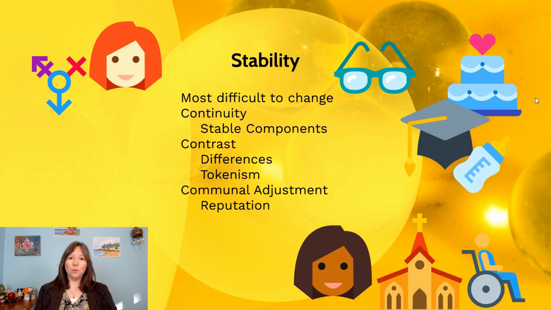Well, we usually need to do what's known as a communal adjustment. This is the idea that we need to do a public ritual in order to get people to view us differently. So if we think to social anthropology and religious studies, we view the role of rituals as very powerful here. This is the idea that having a wedding ceremony or a graduation ceremony or a baby shower, in order to get someone to change your view, oh, you're grown up now, you graduated college, or you're a parent now, or you're getting married.